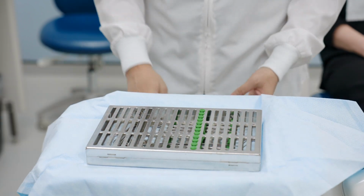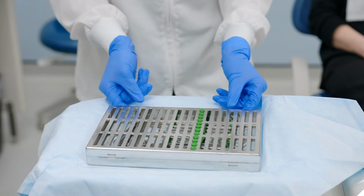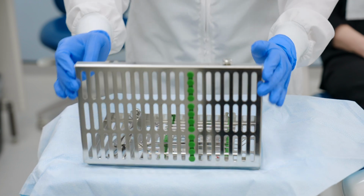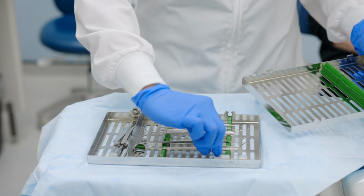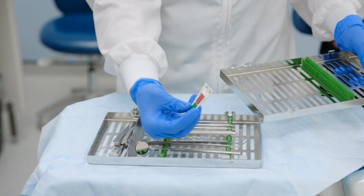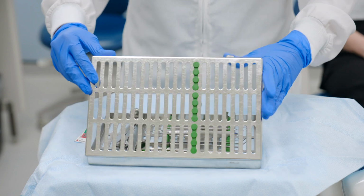Now that the tray is unwrapped, don a pair of gloves and open the exam tray by turning the two knobs in the front and open the cover. Set the cover aside. Locate the sterilization chemical integrator within the tray and ensure the black line has passed into the accept or pass area. If there is no chemical integrator present or the black line has not passed into the accept or pass area,